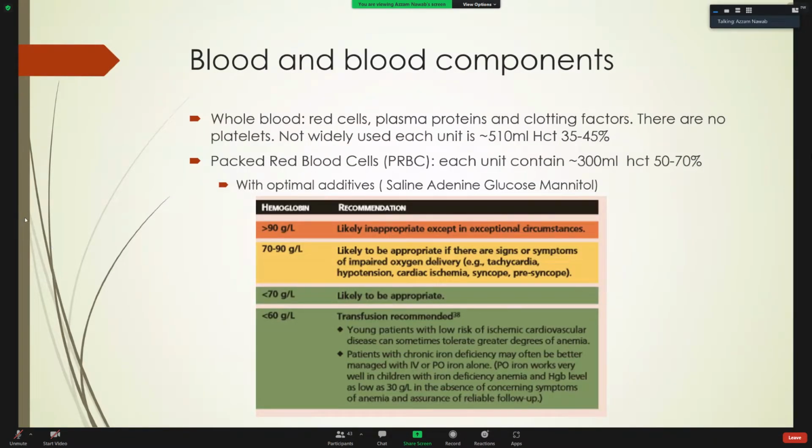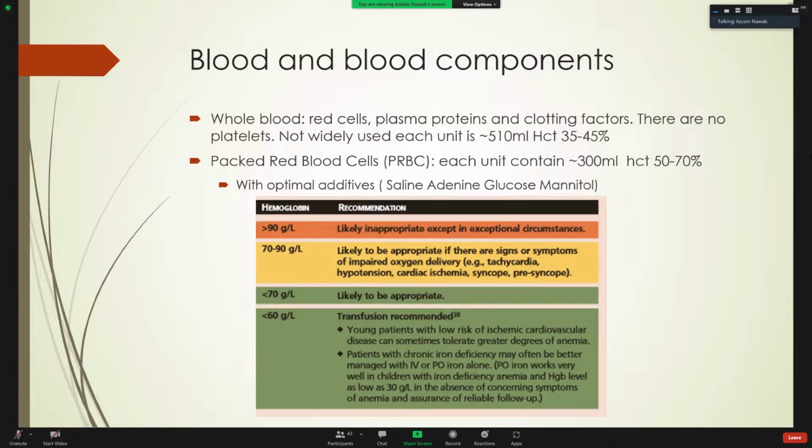Okay, blood and blood components. Whole blood: we take blood as it is. It contains red cells, plasma protein, and clotting factors. There are no platelets, however. It is not widely used. Each unit is about half a liter with a hematocrit similar to the normal value. Meanwhile, for packed RBC, PRBC,